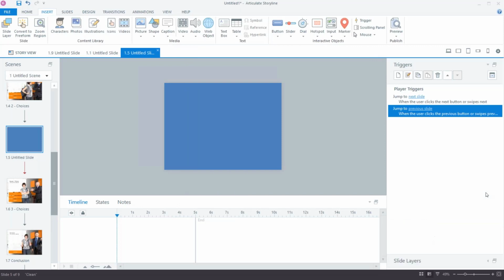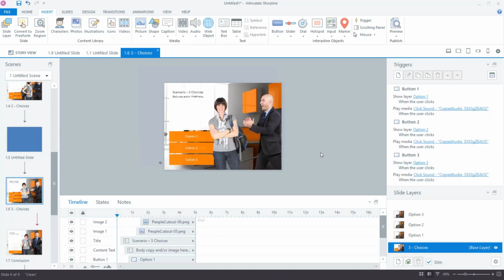There's another question here. When would you recommend using slides versus a new layer? So my general rule of thumb is, for instance, we'll look at this one. We've got a slide here. If I were to put a navigation panel on the bottom here, and I wanted that navigation panel to always be visible and clickable, then I could put layers on top of that.